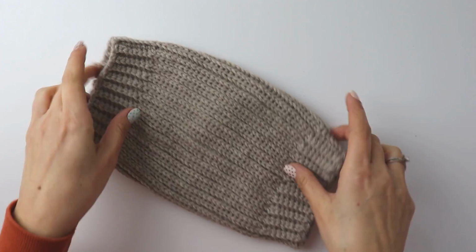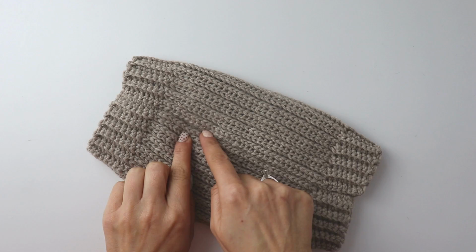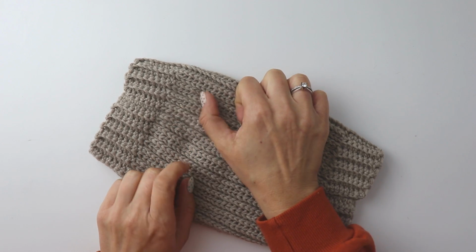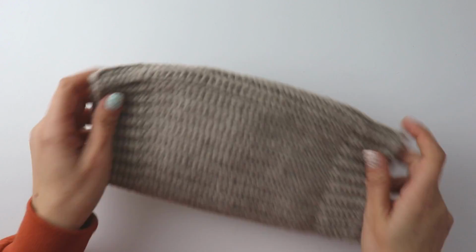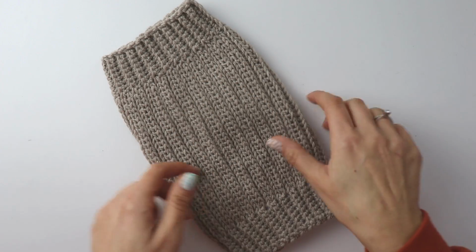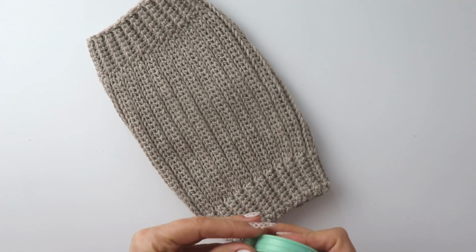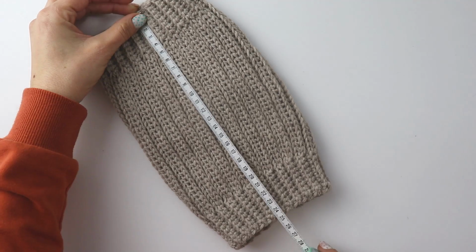Just make it smaller, and while you are joining, just leave a hole here. Leave a finger hole and make matching mittens. We are gonna make a rectangle first and join it, so it's so easy. This rectangle is,